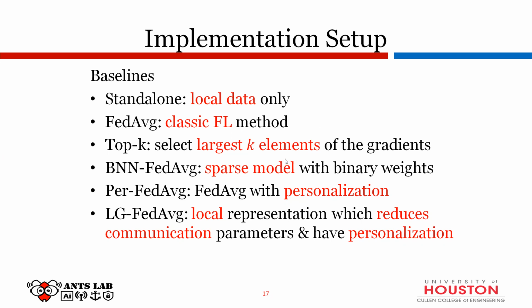I have a question about the last one. Yes. I think the number 4 BNN one is similar to what Dr. Guo mentioned, like binary quantization. Yes. For the binary weight, it just means the weight is either 0 or 1. It's the quantization. Yeah. It says it is an inherited sparse model with binary weights. They only have a binary neural network, so you have a neural network with only 0s or 1s. They just use a different name for a similar thing.